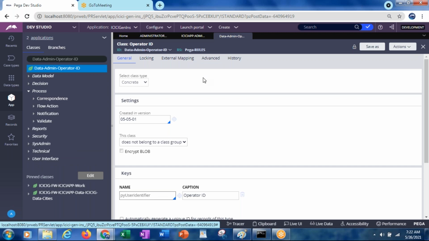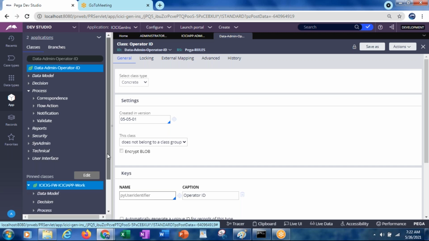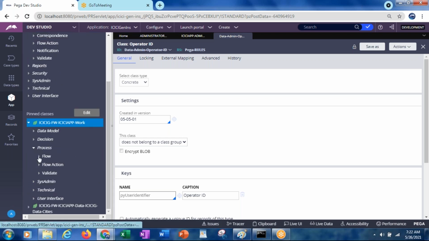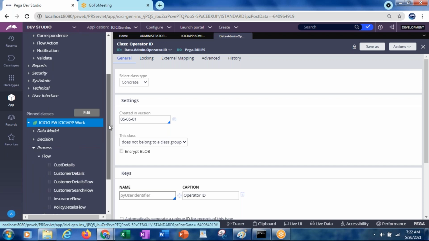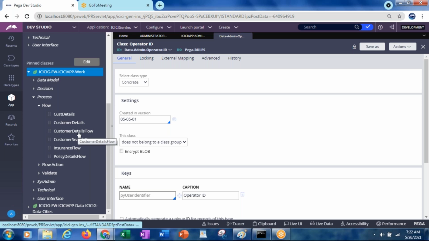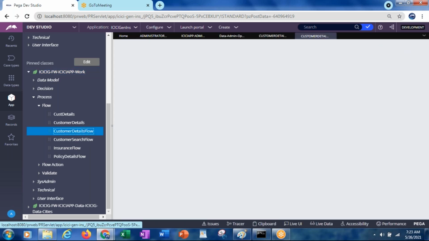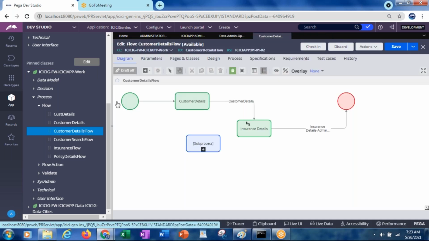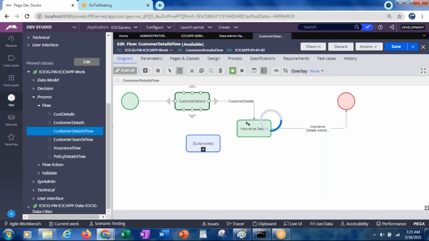In general, when you are running the flow, for example, let's take the customer details flow. Even in the last class we discussed the customer details.